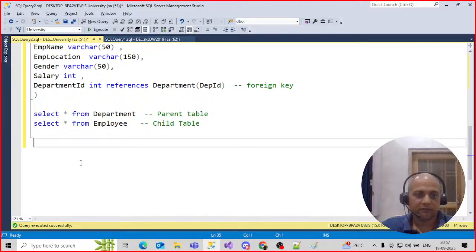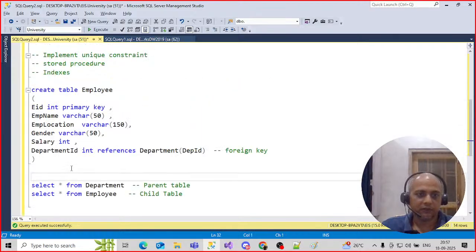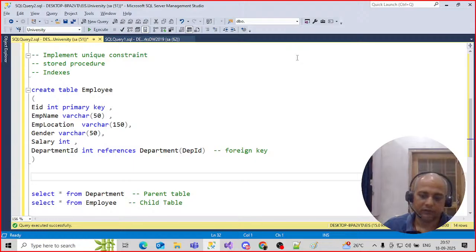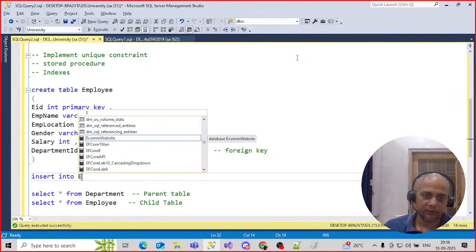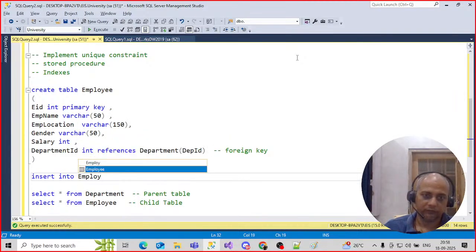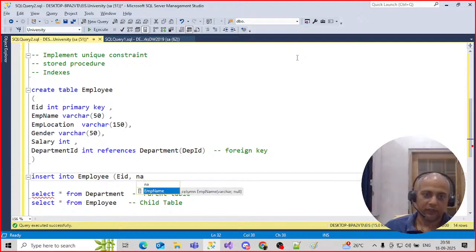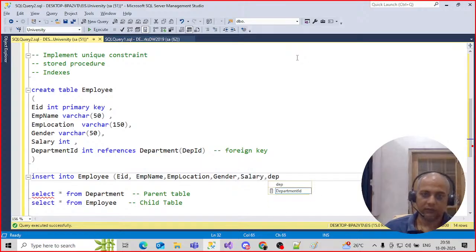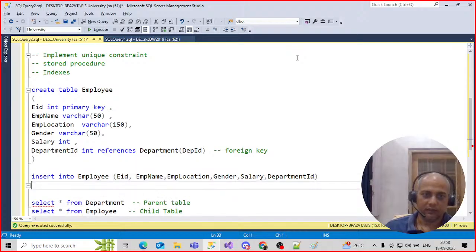So let us implement some record. Now insert into employee table. Now we have employee ID. I will have to mention all the columns. Employee name, then we have employee location, then gender, then salary, then department ID, and let's